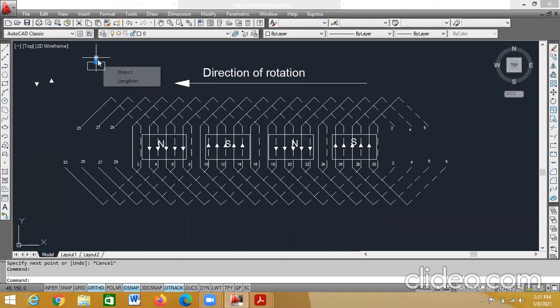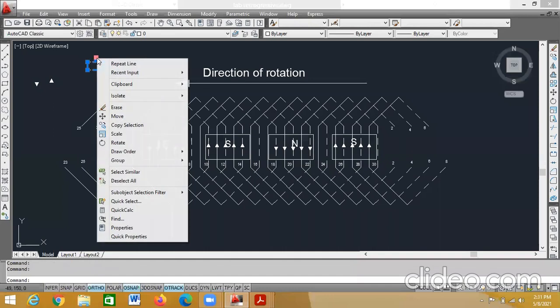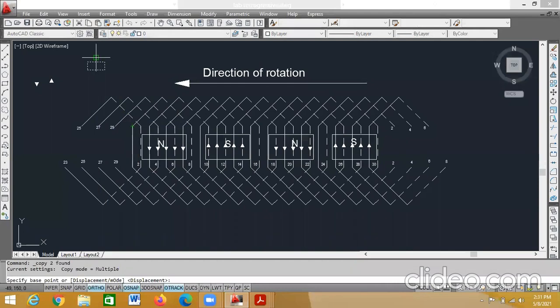Now select both of these. Copy selection, select the midpoint, select this point and place it exactly at the first YF connection here. So now you count how many you want.